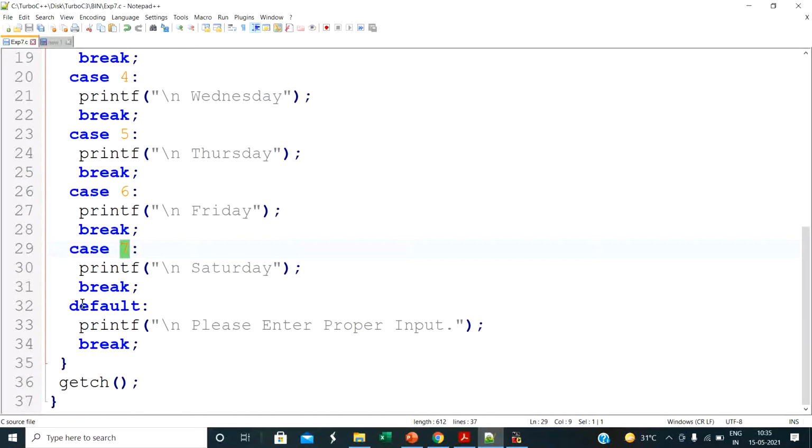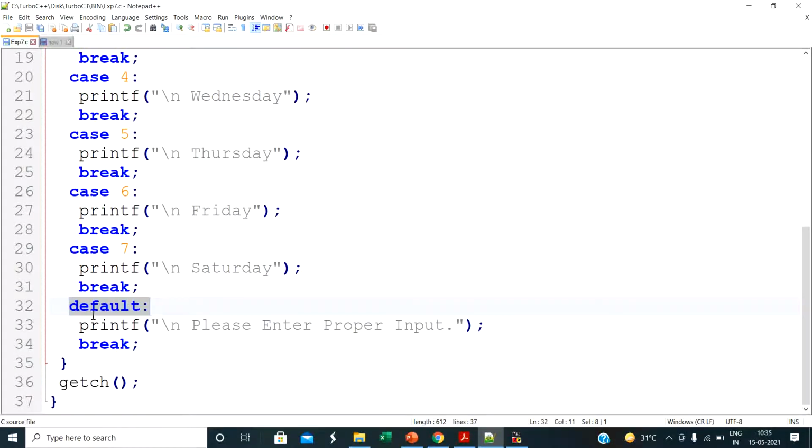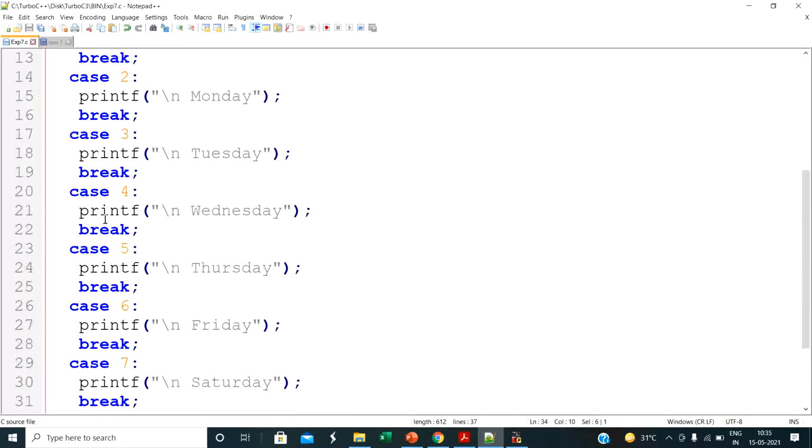After that we define the default statement. If the user enters a value other than 1 to 7, then the switch statement executes the default case. In the default case it simply prints one message, please enter proper input. Then we use the break statement. This is also very important: after every case we use the break statement.